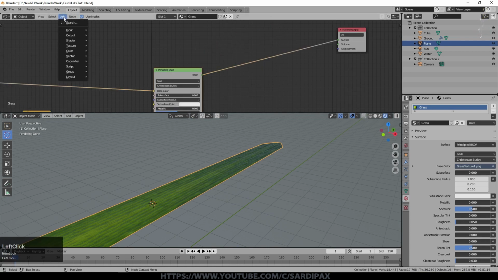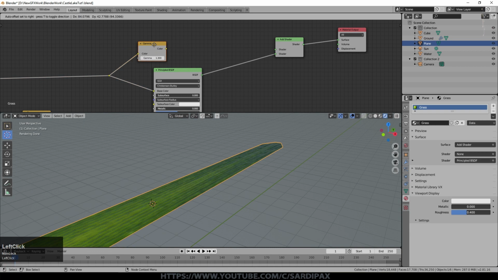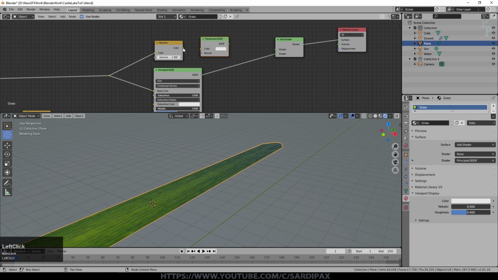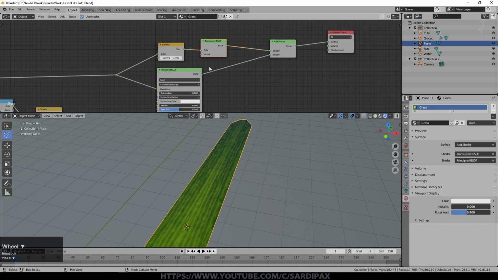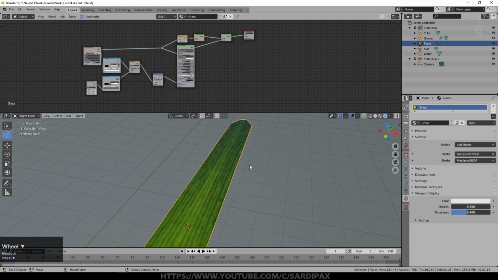So I'm now going to add a shader, which is an add shader. I'm going to hold the shift button down, right click, and just draw a line down to add a little node there. And I will add a gamma node and put this just up a few clicks. And then I'll add another shader, which is a translucent shader. Take the color into there and then that into the other side of the add shader. So that will brighten it up, but the amount that it brightens it up will be controlled by that gamma node so that it's not too much. So we'll get light that shines through as well as light that reflects off the blade of grass. So that's our basic blade of grass.